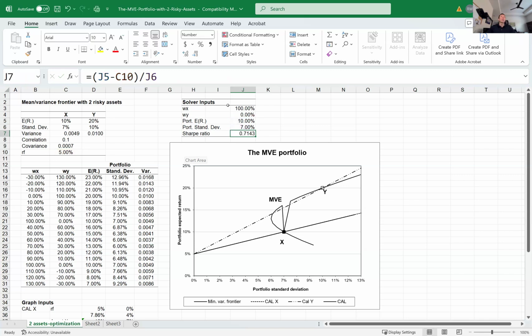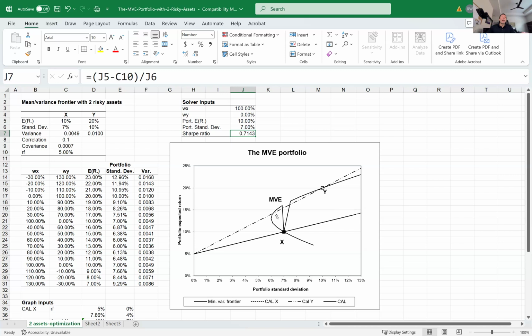So what's going to happen is when I change the weight on X, Solver is going to be changing the weight on X, that's going to change the expected return on the portfolio. It's going to change the standard deviation of the portfolio. It won't change the risk-free rate, but as the expected return and the standard deviation of my portfolio get changed, that will change the Sharpe ratio. And we're going to have Solver find what needs to be the weight on X that will maximize the Sharpe